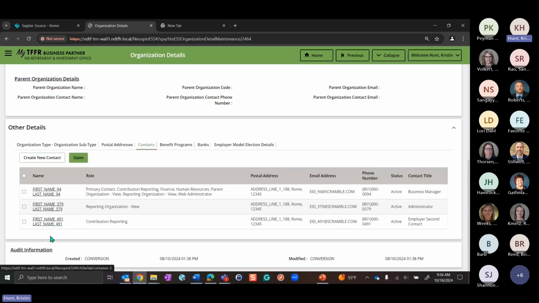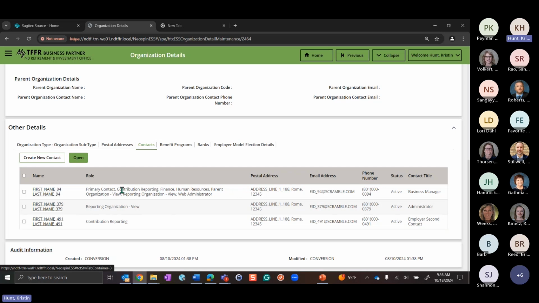When I talk about organization contacts, this is basically anybody who has been given permission to come into the employer portal and work in it and have access to it. You can see here in this grid all the ones that are listed for this organization. We have the first name, and then we can see the different roles that have been assigned to them.